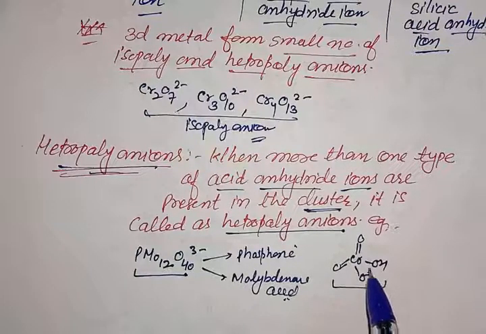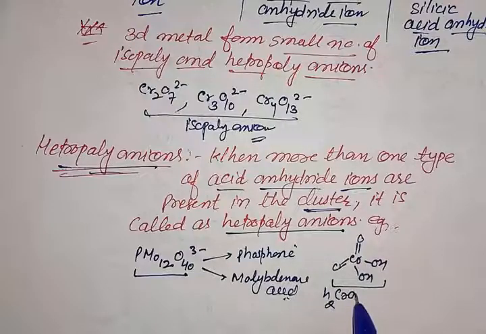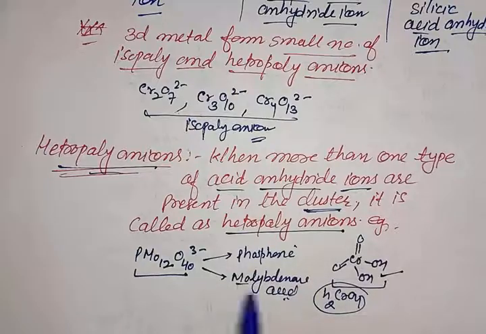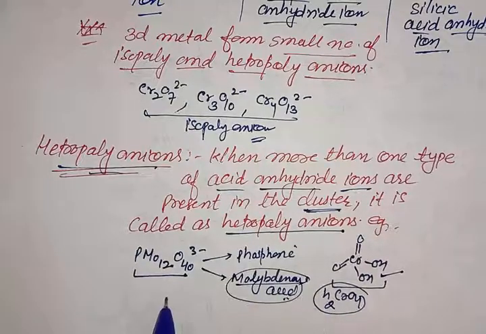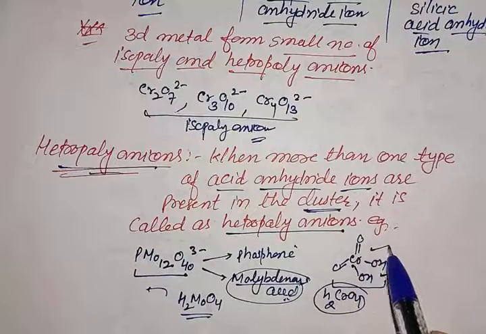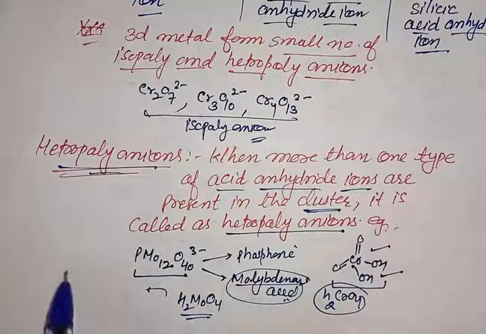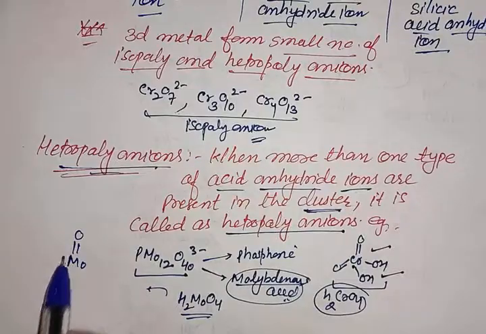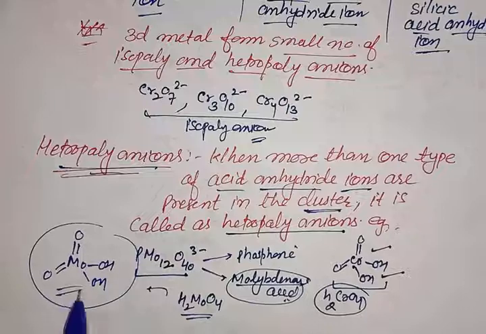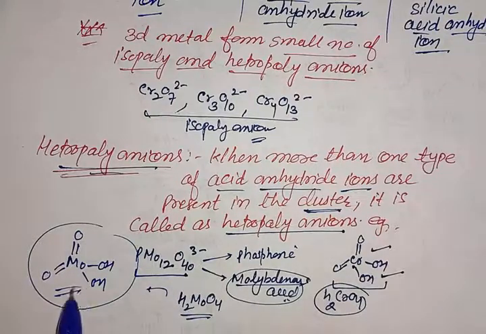In case of chromium, the H2CrO4 unit is used. But here in case of molybdenum, like the chromic acid, there is a molybdenic acid in which the chromium metal is changed by the molybdenum metal, that is H2MoO4. In this, the monomer unit of the anhydride is Mo double bond O, OH and OH. So here two types of weak acids or weak acid anions are present. One is the molybdenic acid and another one is the phosphoric acid.